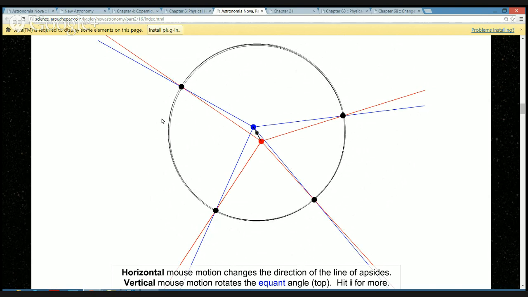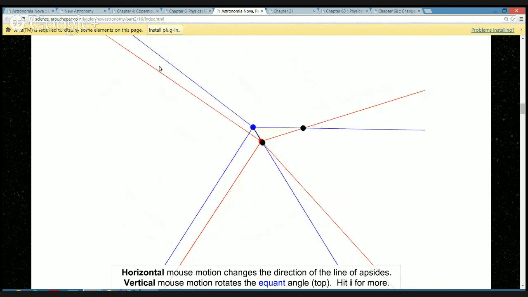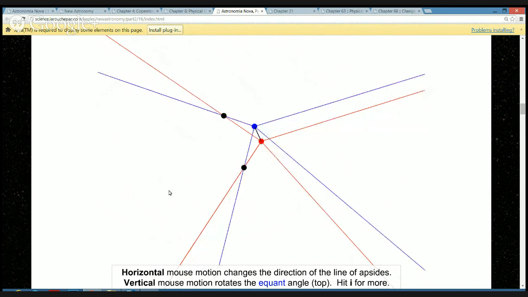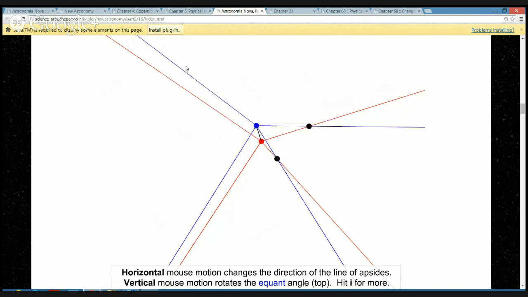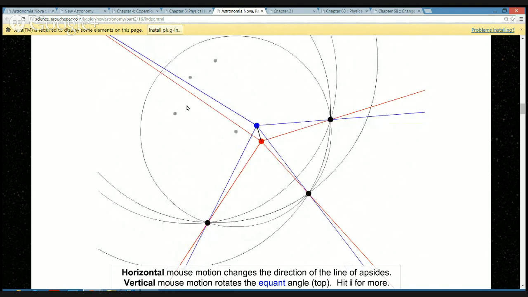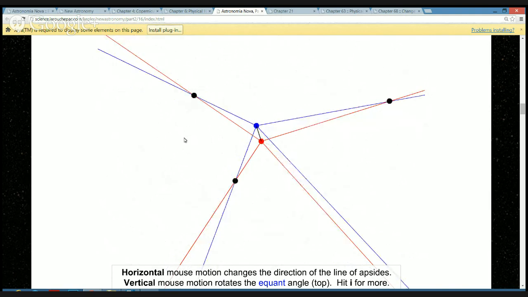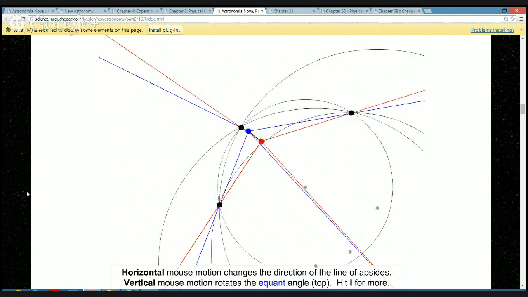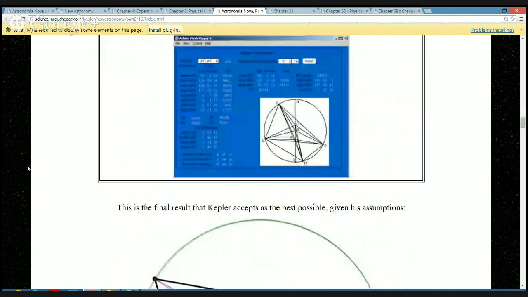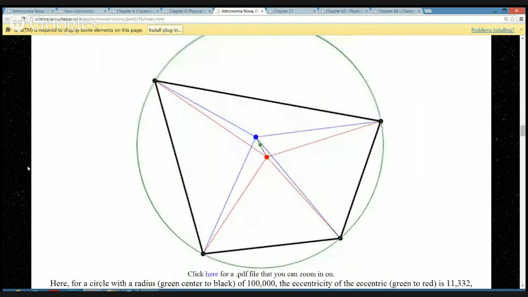The reason I bring that up is that the blue lines, you can rotate them around. They don't have a specific direction in space. Only the angles between them are known. So to solve the model, you have to say, what is the exact right epoch. So Kepler, after 70 trials, there's a nice picture of it. He makes this beautiful vicarious hypothesis. And there it is in all its glory.